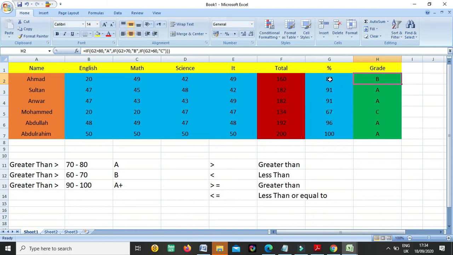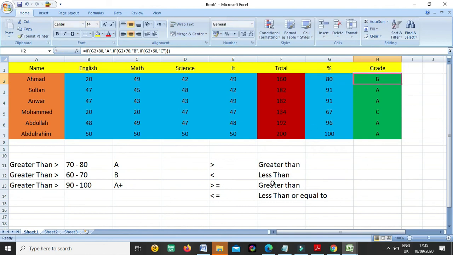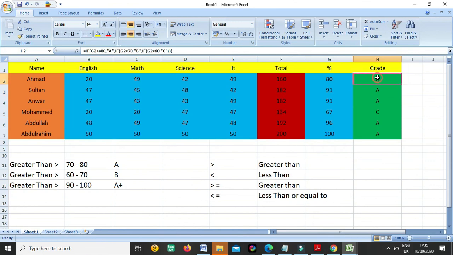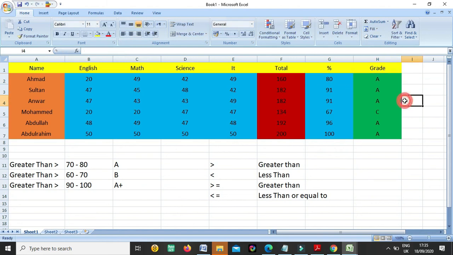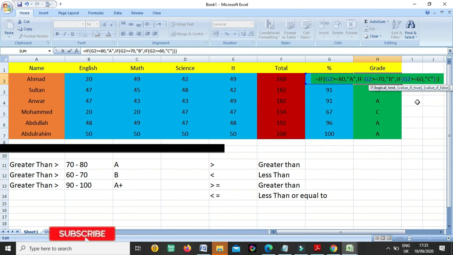Okay, and he's not greater than 80, he's equal to 80. If I say in the formula, if somebody has greater than or equal to 80, then he will be A. So now it becomes A, because I am saying if somebody has greater than 80 or equal to 80, he will be A. So like this here also I can say if somebody has greater than 70 or equal to 70, if somebody has greater than 60 or equal to 60.